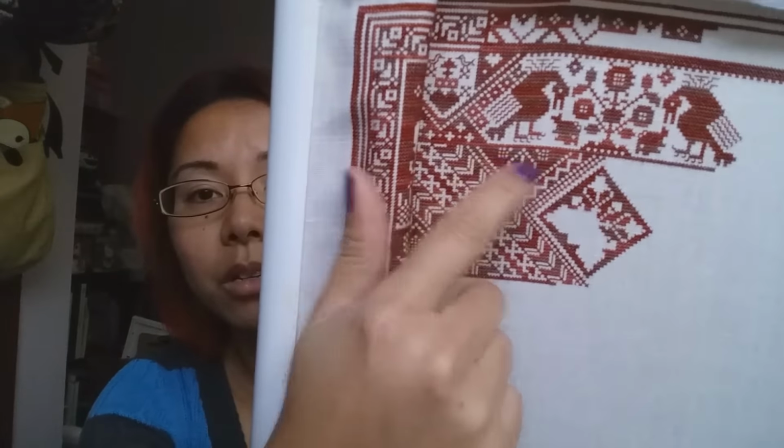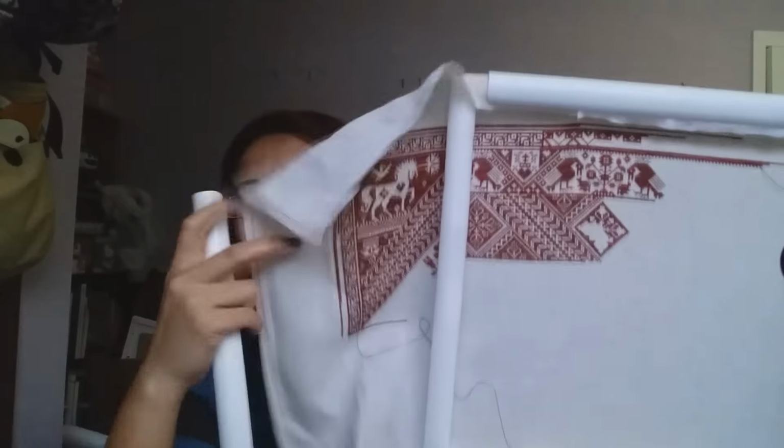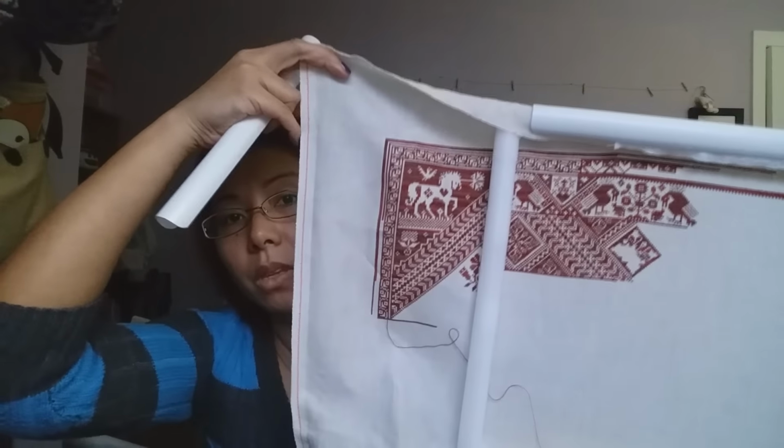And I also worked on Death by Cross Stitch a little bit yesterday. Ta-da! That's what I have. I filled in this triangle and I'm filling in this diamond here, and that's what it looks like so far. Yeah, I'm having fun. This is 40 count, but it's light fabric. It's easy to see